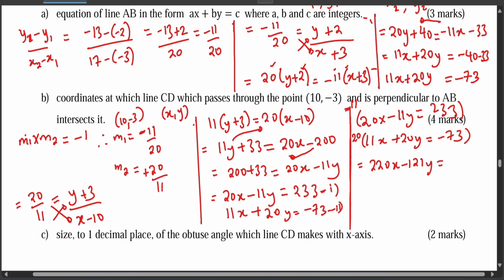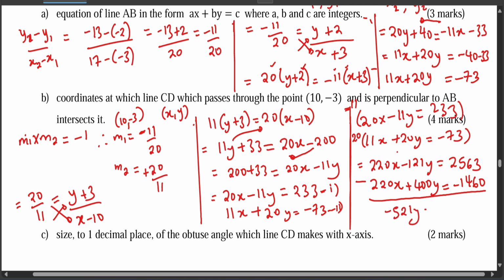233 times 11 will be 2563. And then 20 times 11 is still 220x, positive 400y. 20 times 20 is 400y. 20 times negative 73 gives us negative 1460. Now we need to subtract because the signs are the same, since both are plus. You subtract, the x gets out, it becomes 0, and negative 121 minus 400 becomes negative 521y equal to